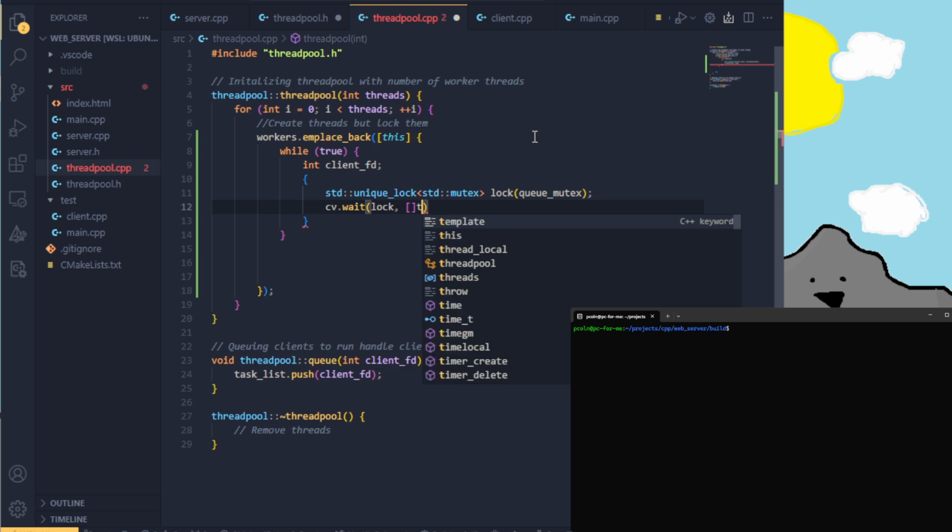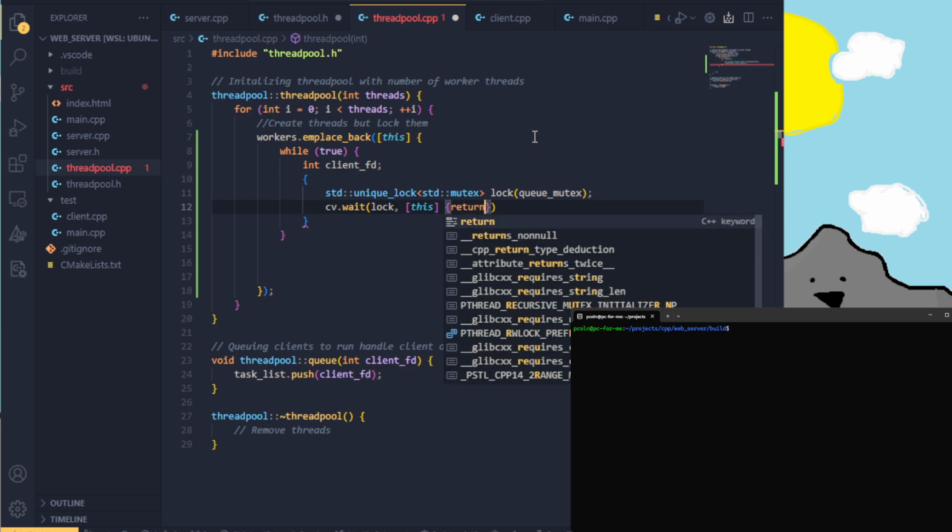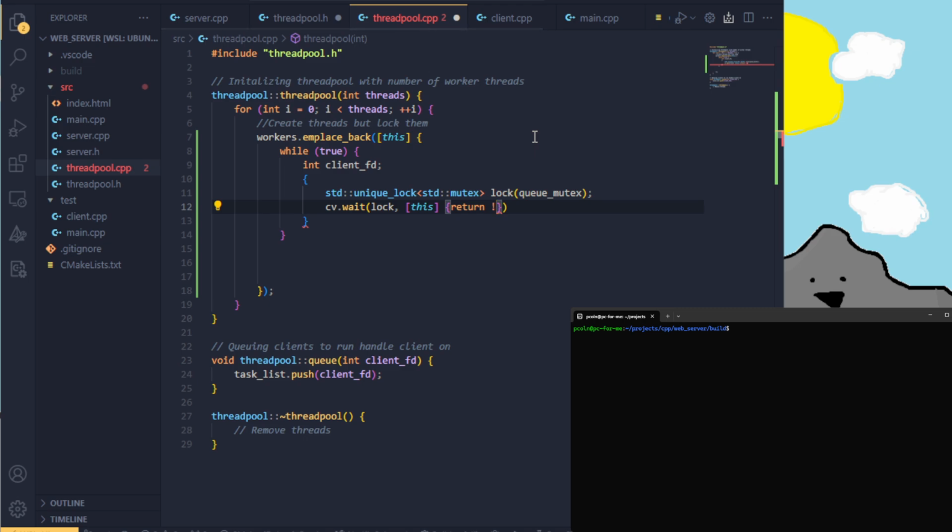So this, then I want to return if tasks, I think I call it task list. If task list.empty, so if it's empty or stop,